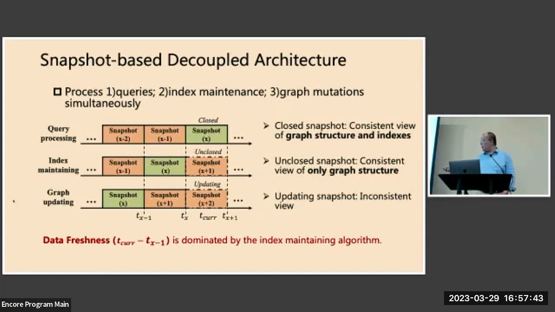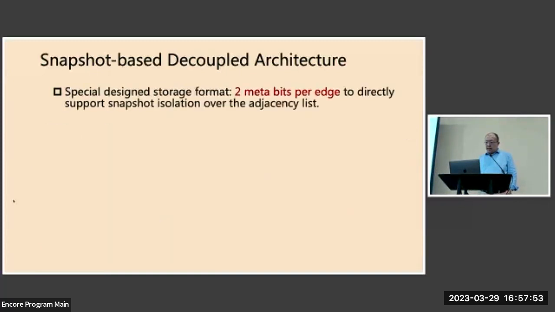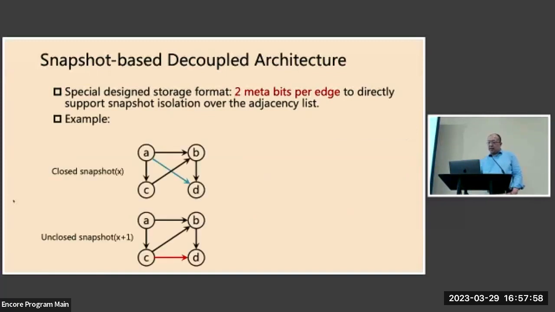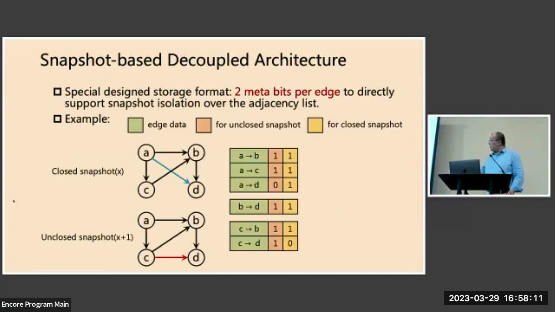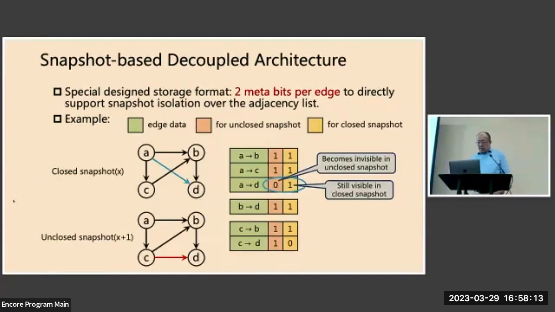And so basically we have a notion of data freshness. It's from the current time to the time that the graph is updated. This can be efficiently implemented by two extra bits per edge. For example, in this example, the blue edge is removed, and the red edge is added. So what we can do is, if you remove the edge,